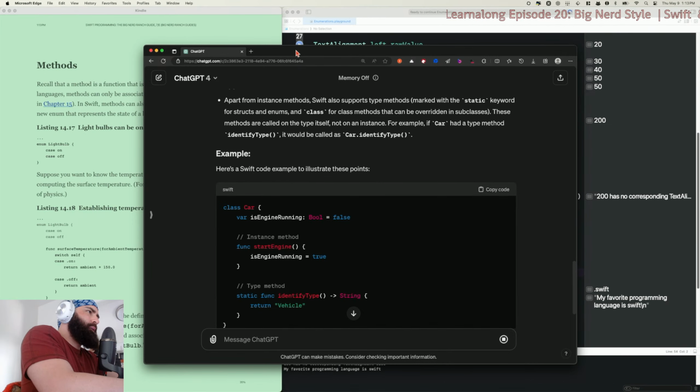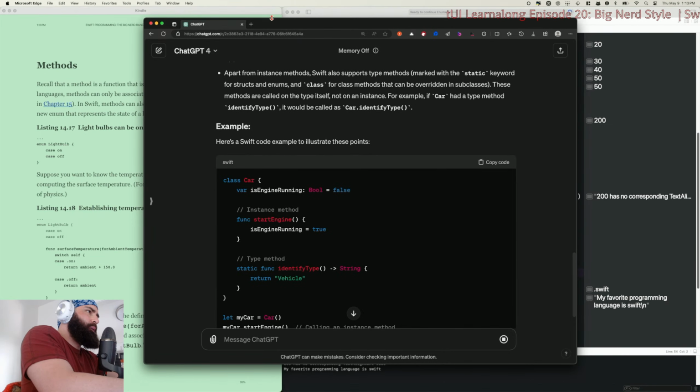Man, it is. I can tell because I've been using ChatGPT for I guess right about a year now. The Pro version, and yeah, I don't know.